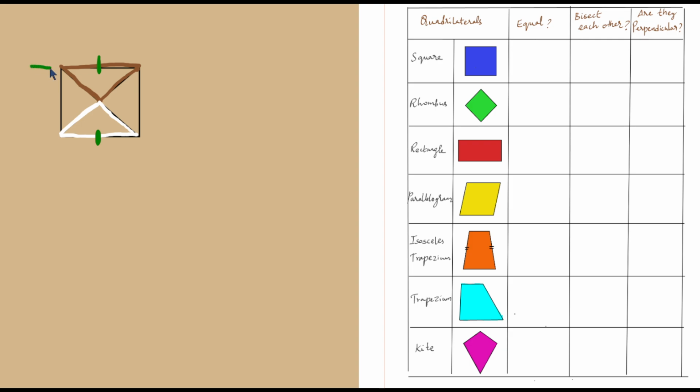Let me just highlight it. So this side is parallel to this side. So this becomes a transversal, right? This is a transversal. So we can conclude that these two angles are alternate interior angles and they are equal in